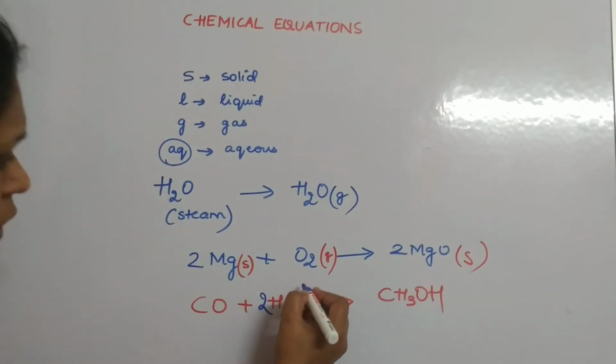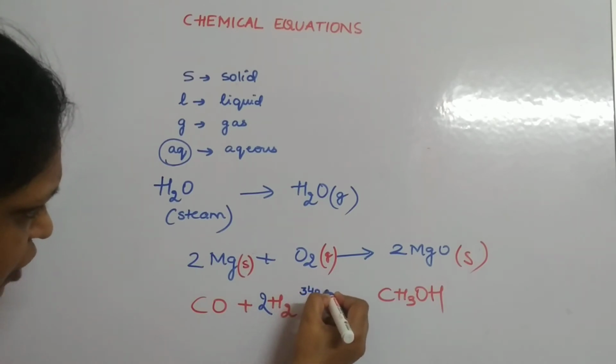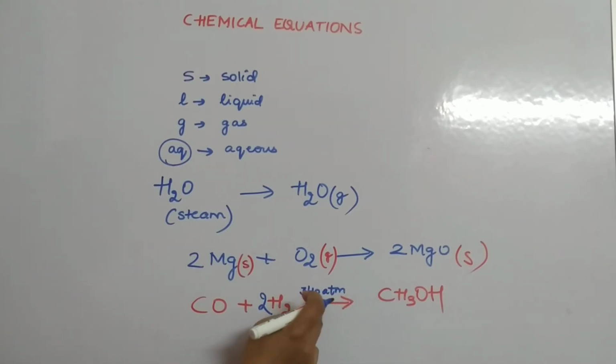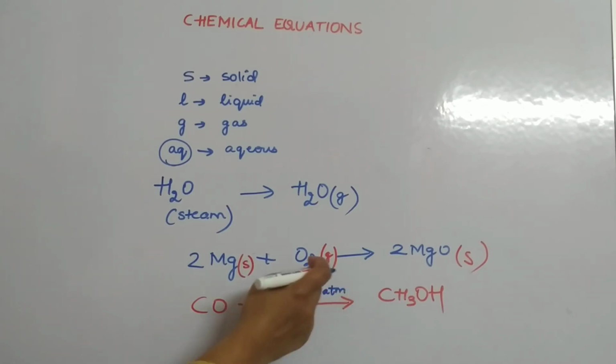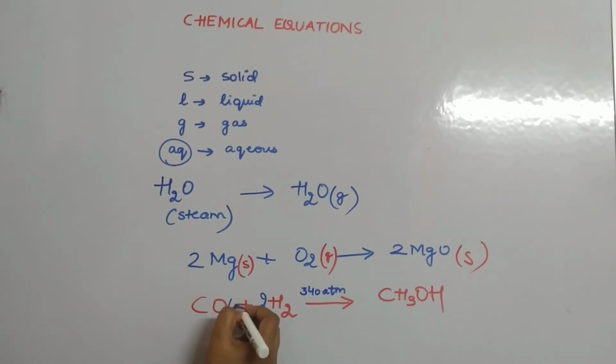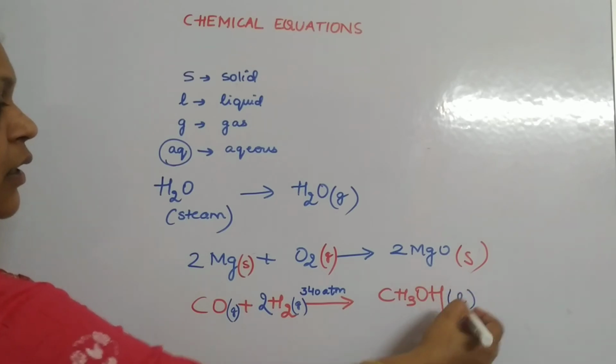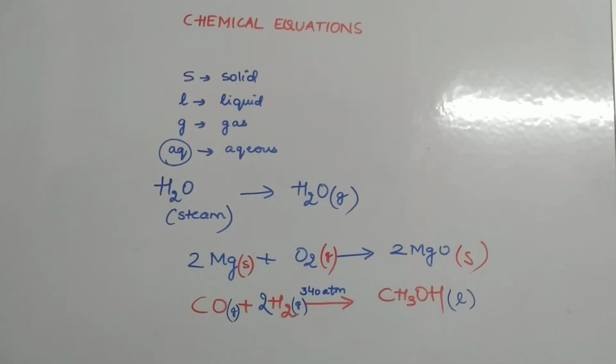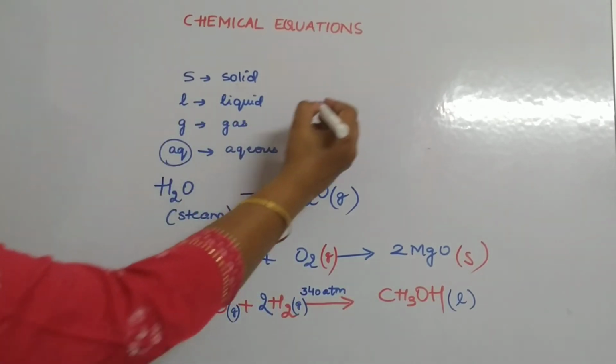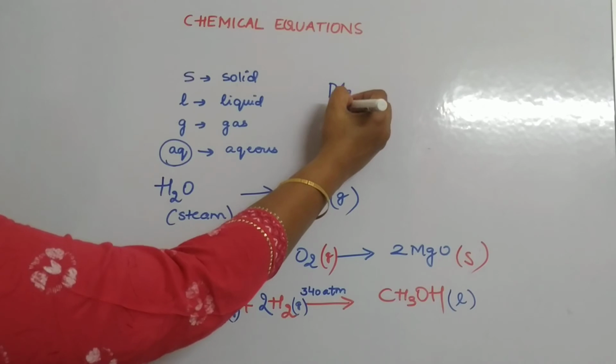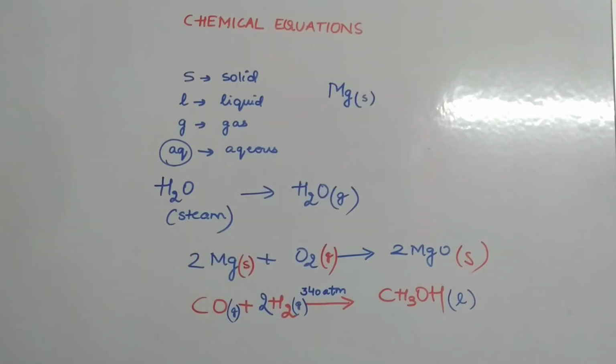Now, because there was a condition in this reaction, the pressure that was maintained, we need to write it on the arrow. One thing is missing: I have not written the physical states. Let us write them down. Carbon monoxide is a gas, hydrogen is a gas, and the new substance that is formed is liquid, methanol. I hope this is understood, how to write the physical states. Remember, we have to write them.